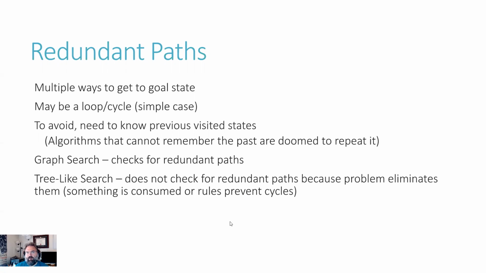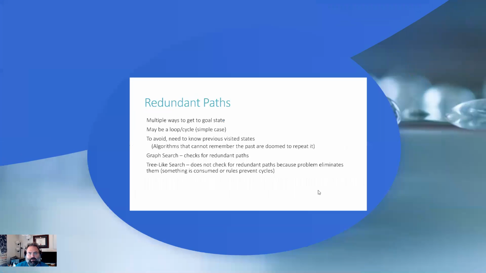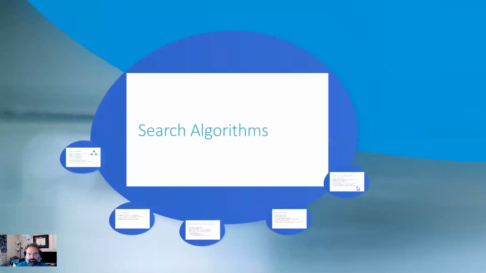The cost function evaluations oftentimes will take care of this, so that at the point that you reach a certain cost, you may decide no longer to evaluate it until you've done some other exploration. So you may pause those ones that are getting expensive because they're in a loop. But in general, you may need to keep track of what states you've been to so that you do not revisit them again.